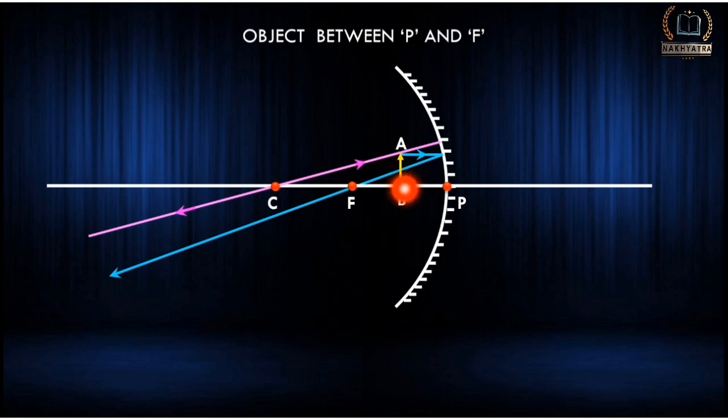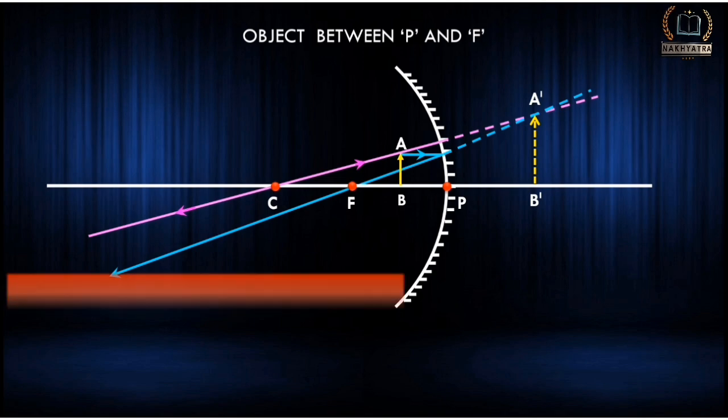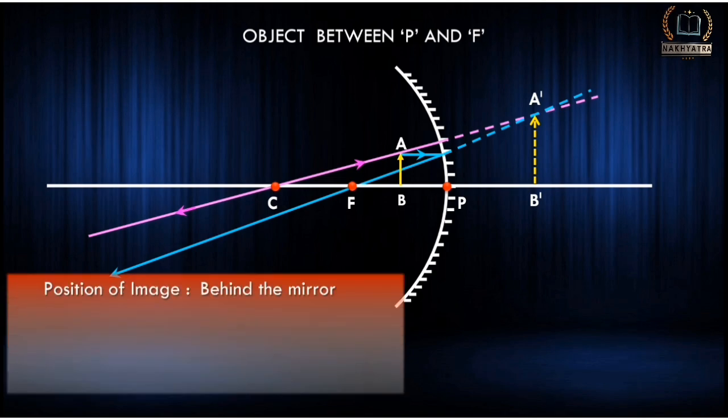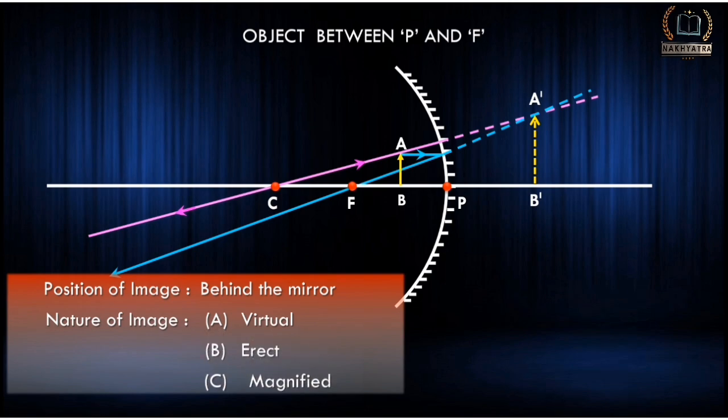Now the two rays intersect behind the mirror, can you see here, so the image forms behind the mirror. A dash B dash is the position of the image. The position of the image is behind the mirror, the nature of the image is virtual and erect, and the size is magnified. So the image, since it is behind the mirror,